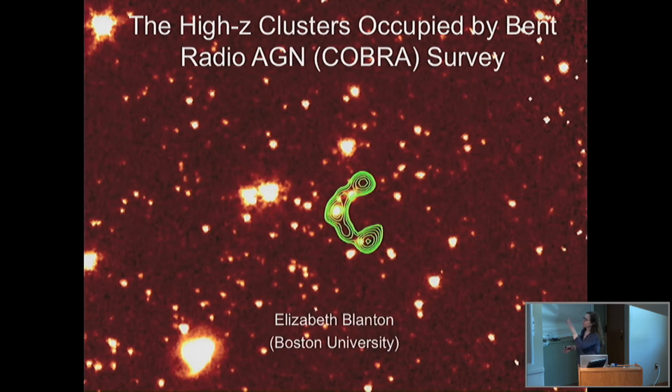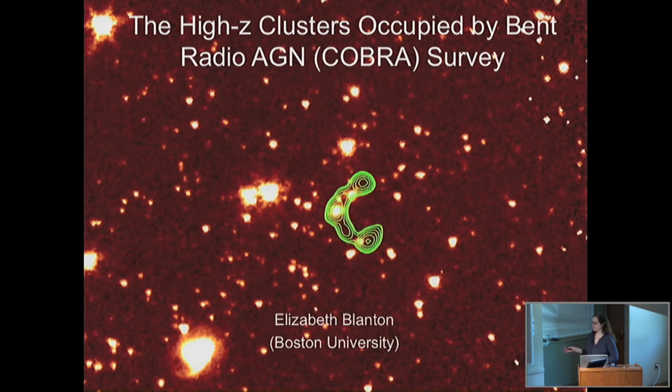But anyway, if we can look at radio surveys and we see these types of radio sources, we say, aha, okay, that's probably located in a cluster or maybe a group. There's some sort of extended medium around that radio source that's causing it to bend. So that's the idea behind the survey, is to assemble a bunch of these types of radio sources. They're selected by morphology, and then we do follow-up observations to find clusters.